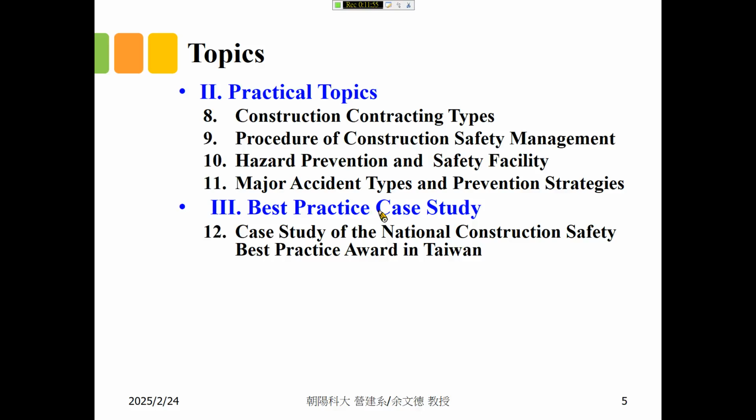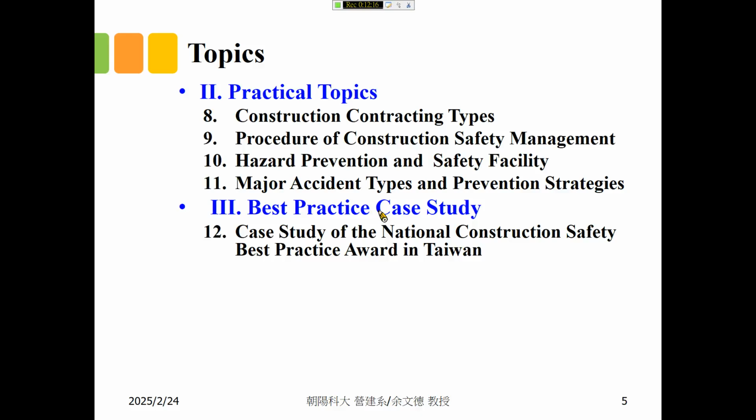The first one is the contracting type and the related construction risk. The second one is the procedure for construction safety management. The third one is hazard prevention and safety facilities. And the final one is the major accident types and how to prevent them.